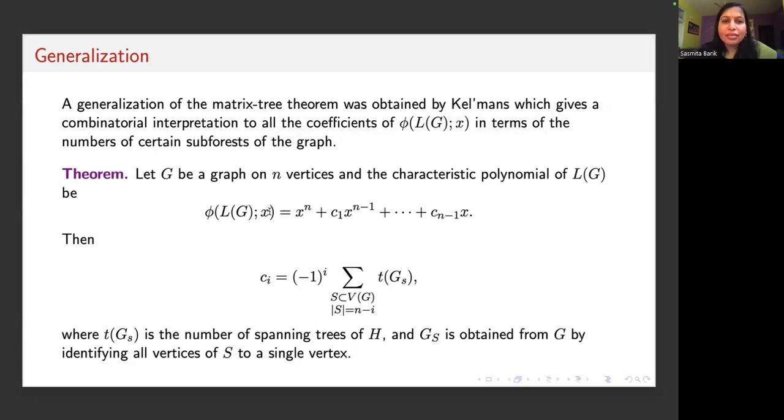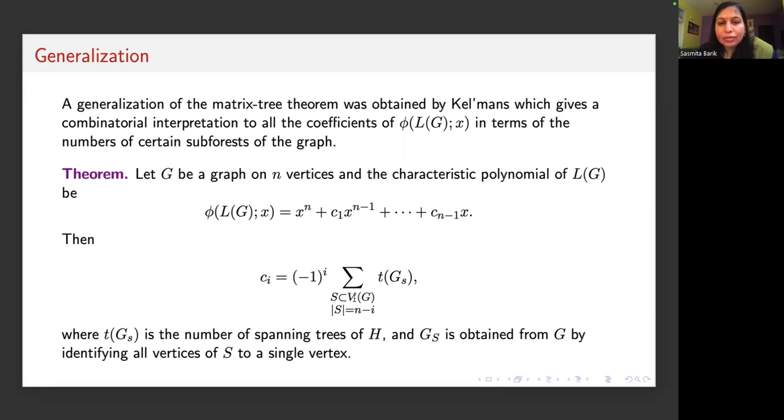So this result is like, if phi of L(G), x is the characteristic polynomial, the first term is x to the power n since it's a monic polynomial, and the last term will be 0 because the determinant is 0. So I'm ending here up to x. Now these coefficients you can also calculate by looking at the spanning trees of the subgraphs. So that's nice. In the adjacency case also a similar kind of result is there, but there we use linear subgraphs. Here, if I want to count ci, it will be minus 1 to the power i,